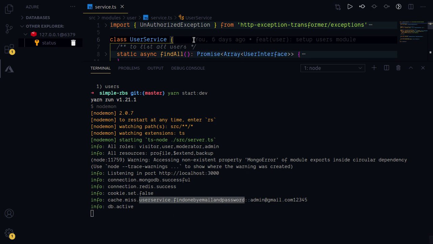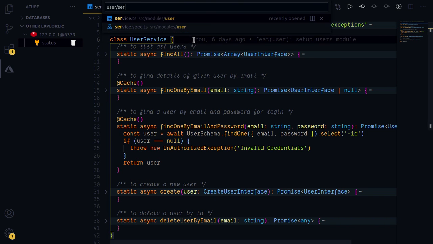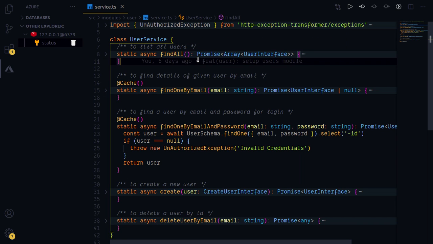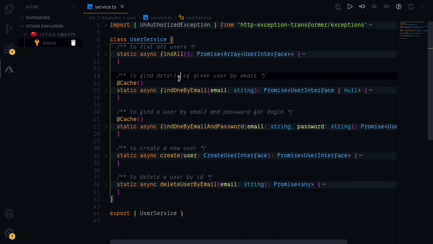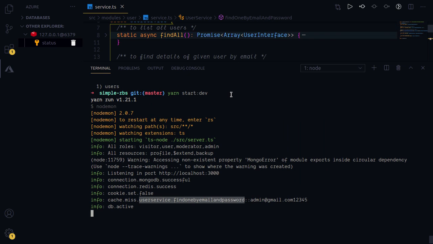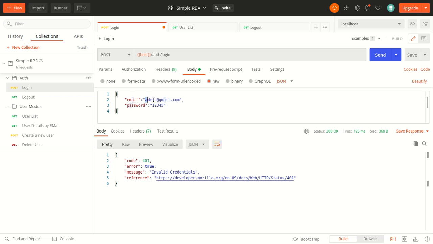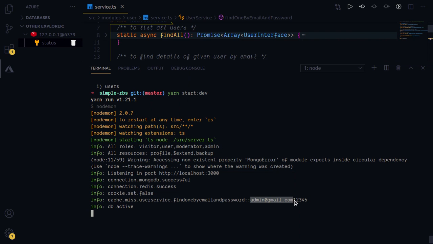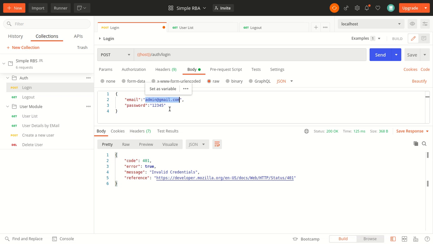All right, and if I open user slash service, find one by email and password, we see we had set the cache decorator over here, and that is the reason it says cache miss user service dot find one by email and password, and then we put 2 colons, and I had shown you the separator between the head and the tail. That's just something that's implemented in the syntax, and then you see the email admin@gmail.com, which we have set up over here, and the password as 12345.